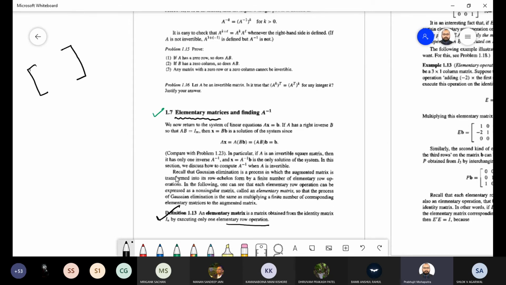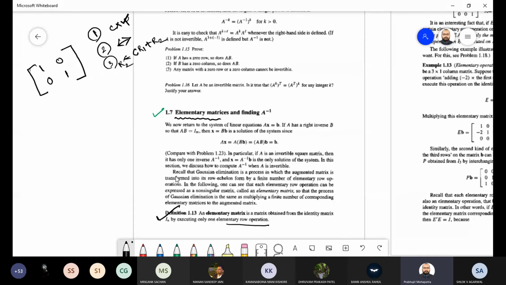So an elementary matrix is nothing but a row operation on an identity matrix. For identity matrix, we can take 1 0 0 1. This is your identity matrix, 2 by 2. You can take 3 by 3, you can go for 4 by 4. What are the row operations you can do? Addition of rows, yes. You can multiply by any scalar, you can interchange any two rows, and you can multiply some row 1 by a scalar and add it to row 2.